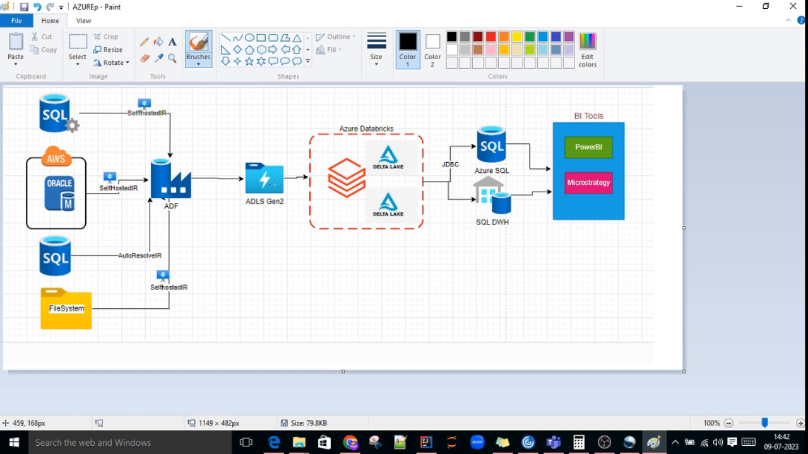So in the upcoming videos, I will be creating an Azure Data Factory playlist. There we'll discuss all things: what is Azure Data Factory, what are the activities in it. There are many activities, and we will discuss all of them. Azure Data Lake Gen2 is a storage layer. Okay, the processing layer